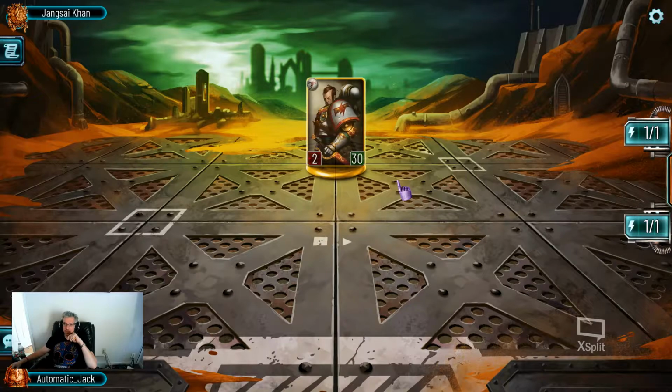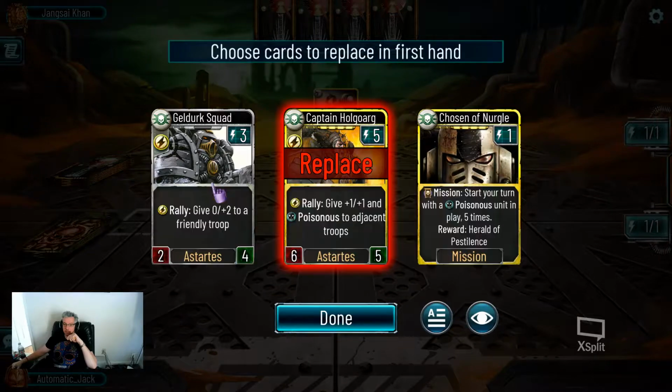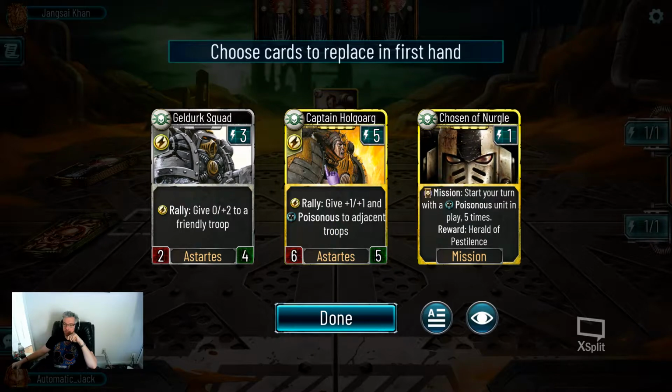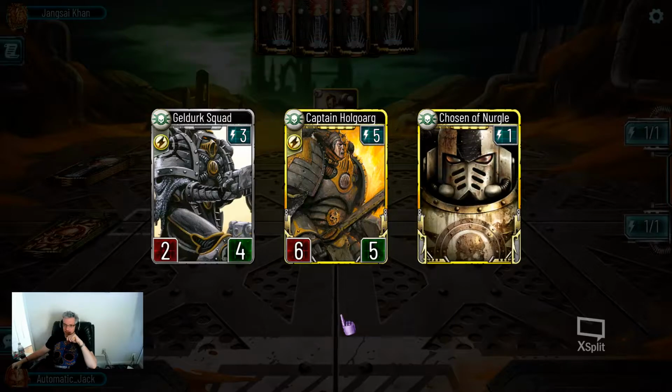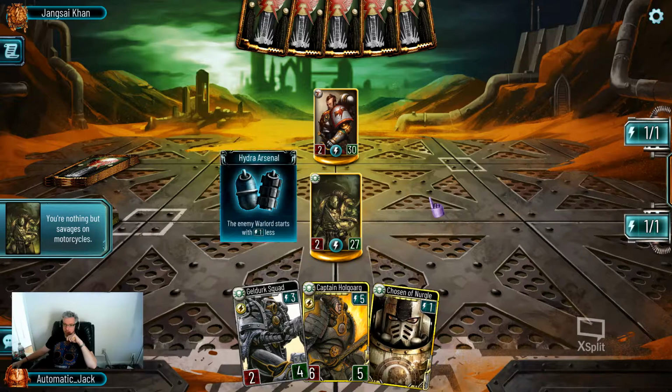Jangsai Khan. Who are you, Jangsai Khan? Figured there would be some White Scars. Love the rally on Geldurk. That's a good starter. Don't need Captain Holgorg yet. Although, you know, honestly, maybe it is worth holding on to. I wouldn't hold on to it against a player. It's too slow. But against an AI and one that's been slowed down by 1 point, I think this actually could be worth it. Because getting him out there, you're getting nothing but poisonous savages